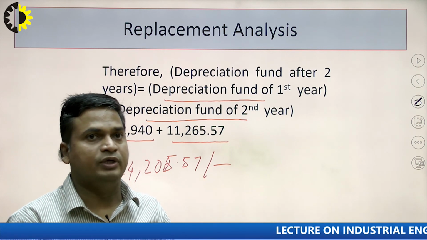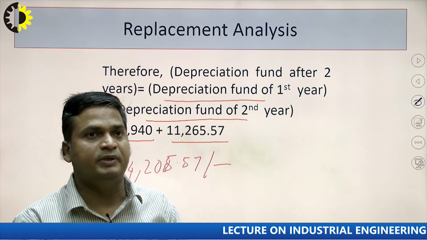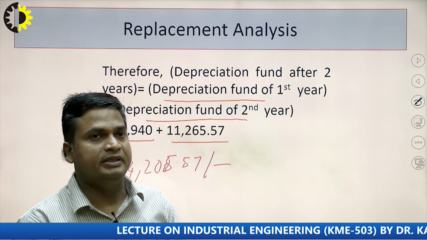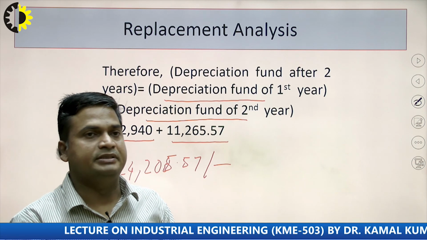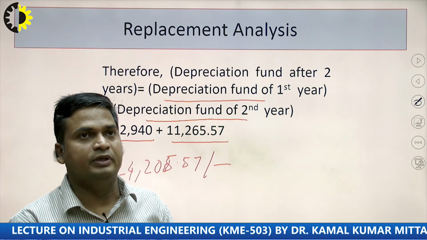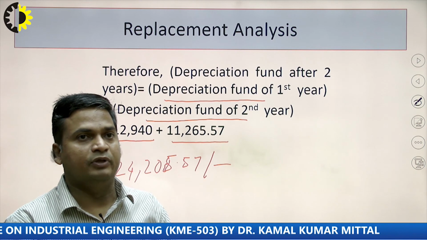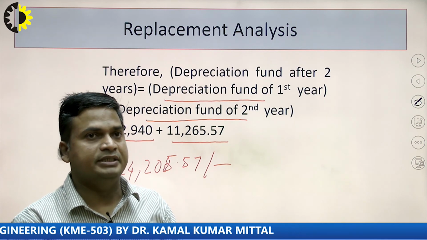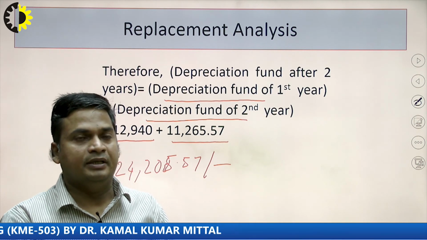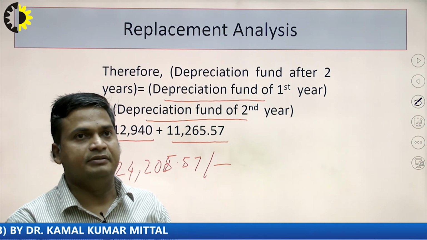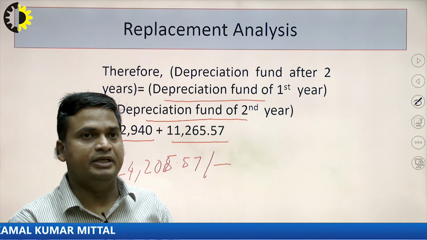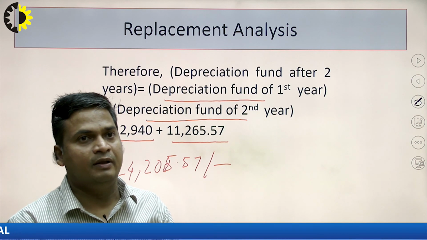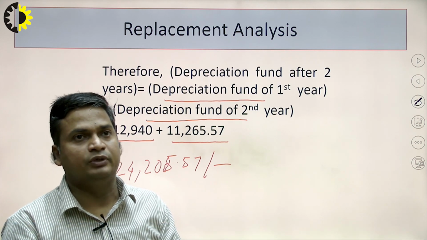Next, we have discussed replacement analysis. We have discussed two methods: one is the straight line method and the second is the diminishing balance method. In the straight line method, the depreciation value we have considered depends upon the age, but in the diminishing balance method the depreciation is at a constant rate, the value of the machine is different in each year, and then we have obtained the depreciation fund for each year. So, this is the total about